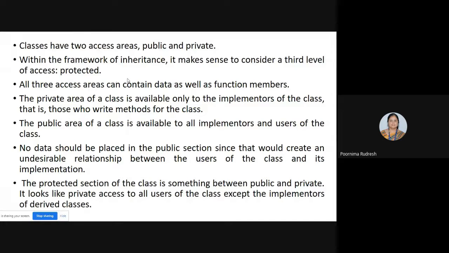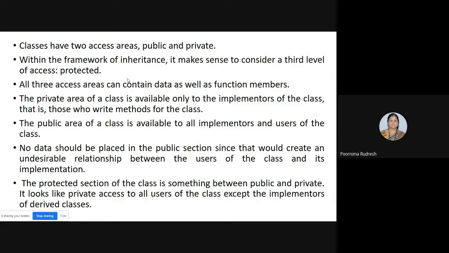Now this slide is visible. Classes have two access areas if we consider public and private. But when we are talking about inheritance, then we are considering one more access area called protected. Hence, when we are discussing the inheritance relationship, we'll discuss three types of access areas.